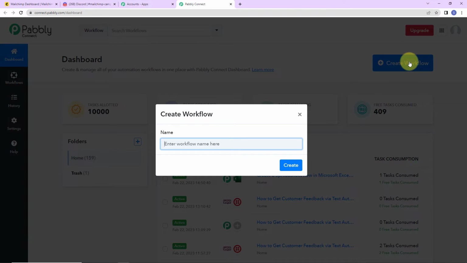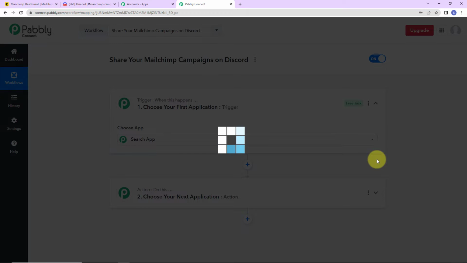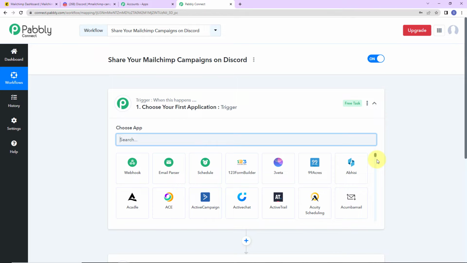Now what is our objective here? My objective is that every time a campaign is created in Mailchimp, then automatically the information of that campaign should be shared with my team which is sitting on Discord. Share your Mailchimp campaigns on Discord. Let's click on create. As we do that, here we have reached another window which has got two extremely important